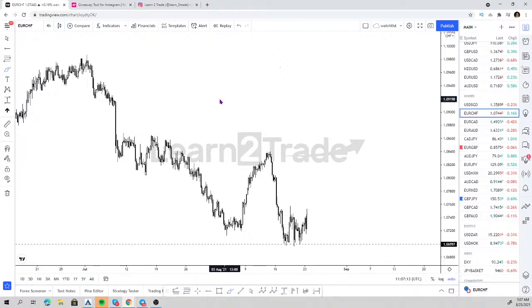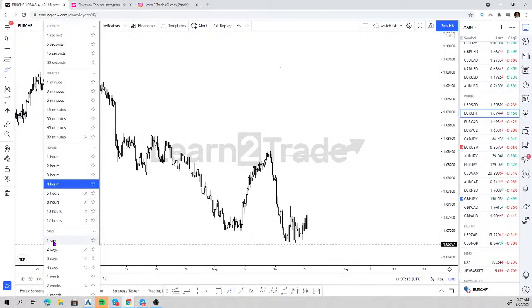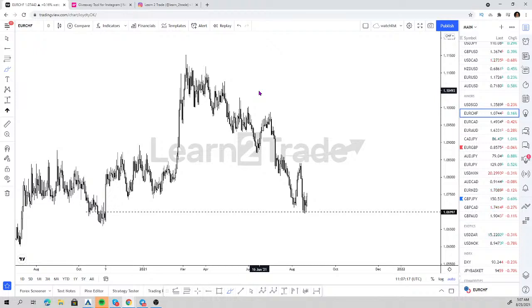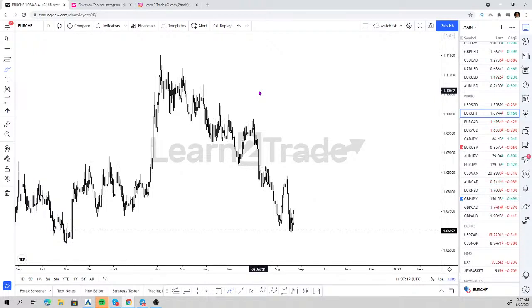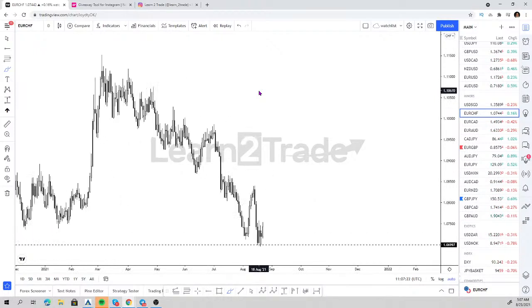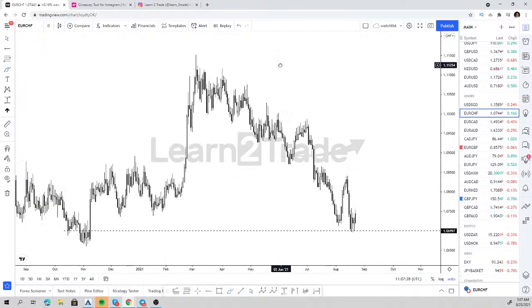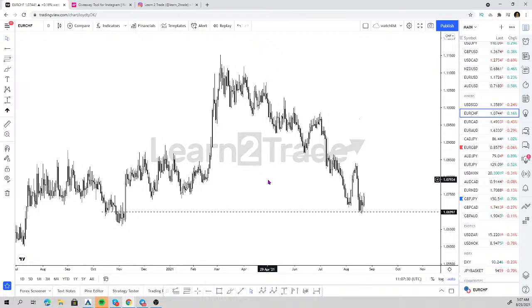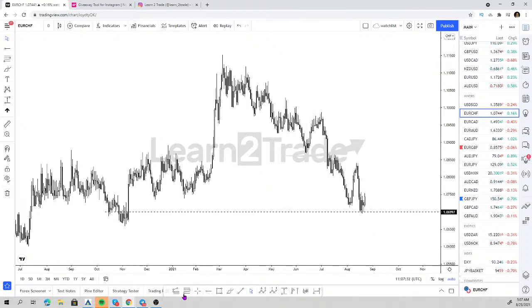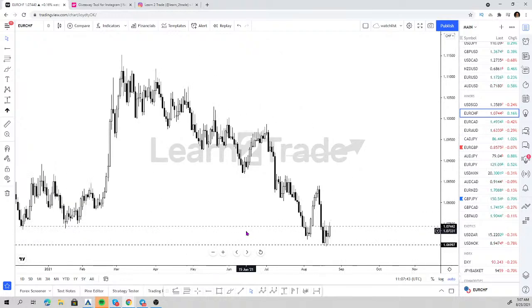Right. This is a fun one. The euro versus the Swiss franc. So I am long here. That's all I'm going to say about this. I do have some other orders in this market, but I wanted to show you the possibilities here. So we do have this area of support. It's not the best one, but this is the area that I'm looking at.